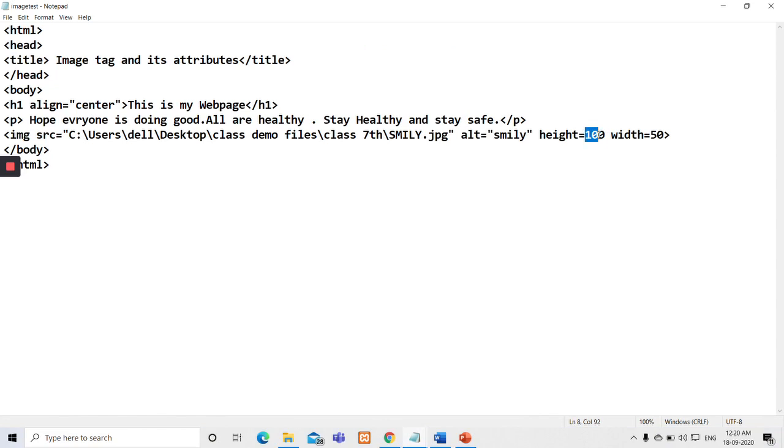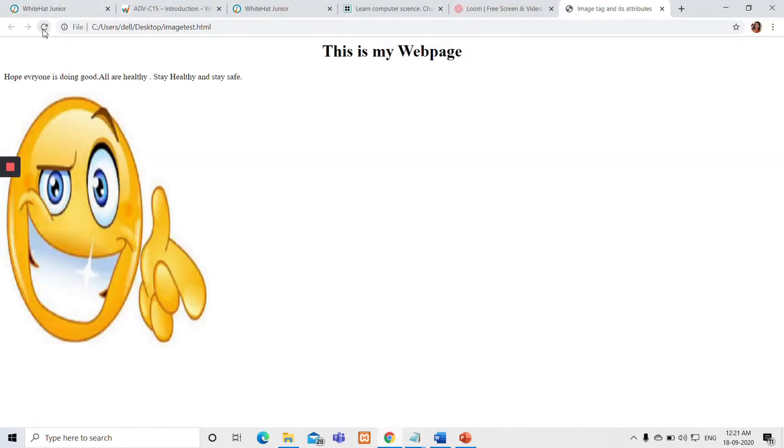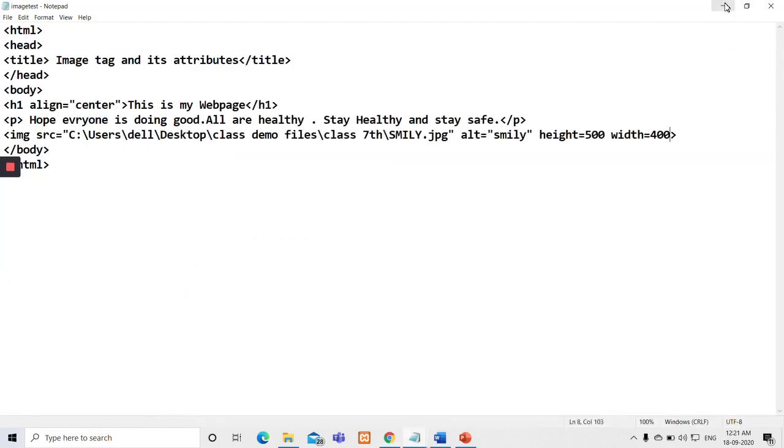You can increase it as 500 and width also as. Save it. So this is how you give the image tag, as it's an empty tag. It doesn't have a closing tag, with all the attributes. This is how you write the image tag. Now let's move to the next tag